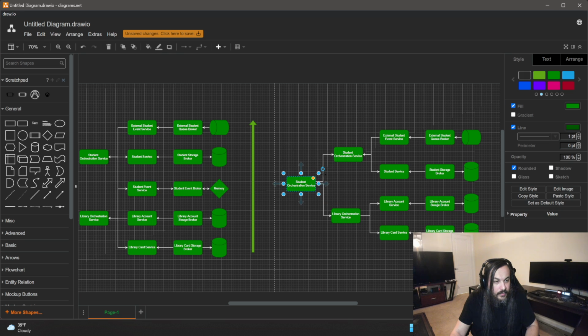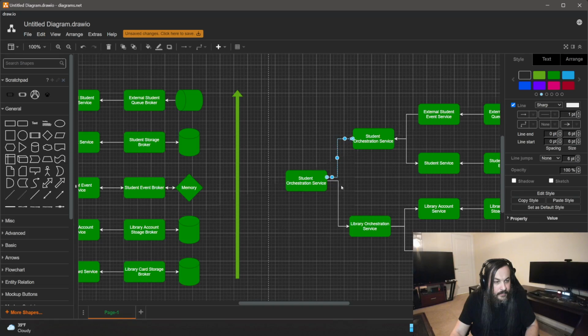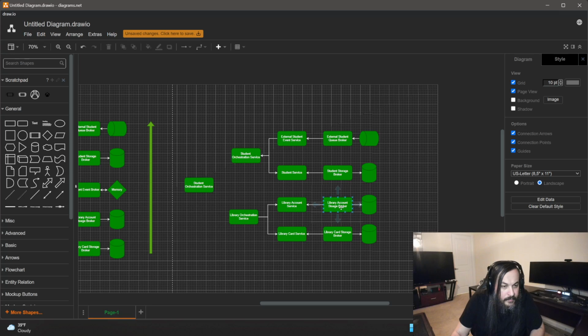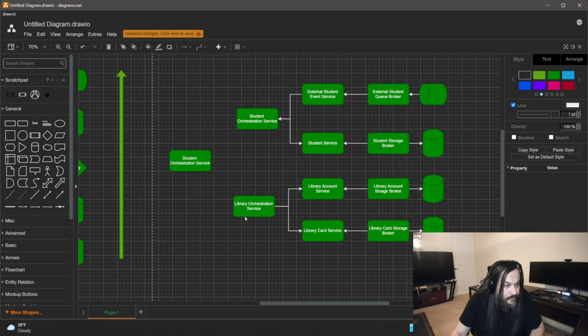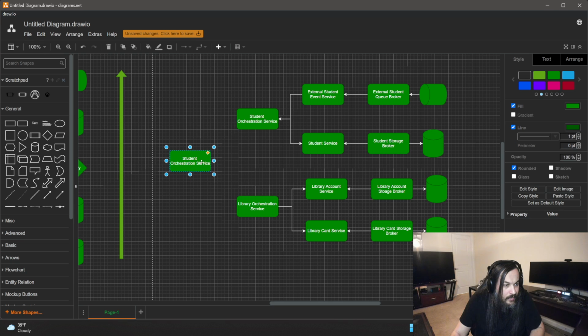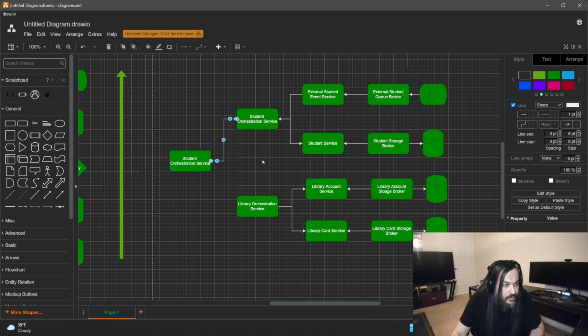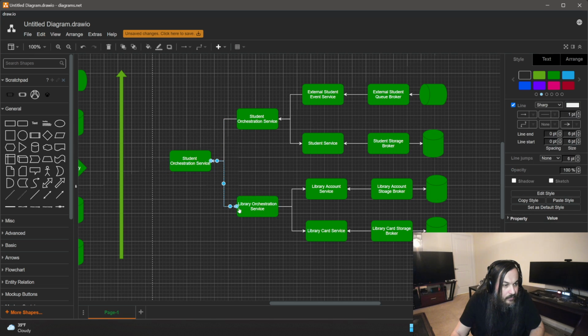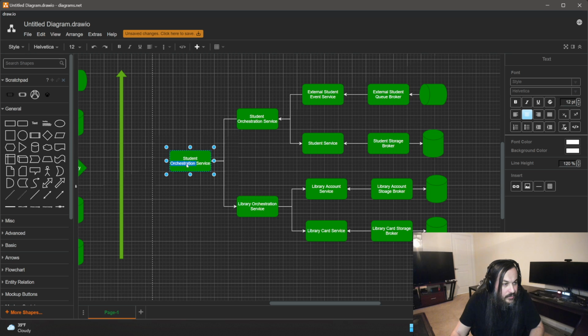Here we go. There you go. And that's your coordination service. So the event is flowing from here and running towards this here. So this is student coordination service.